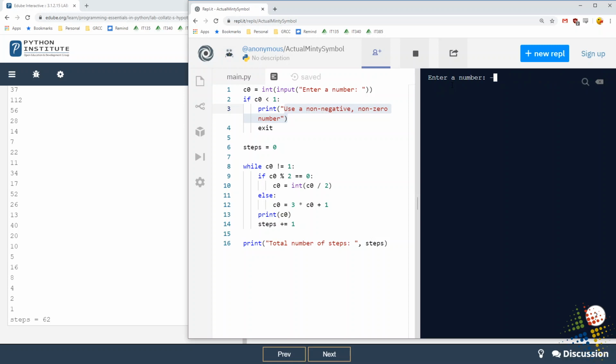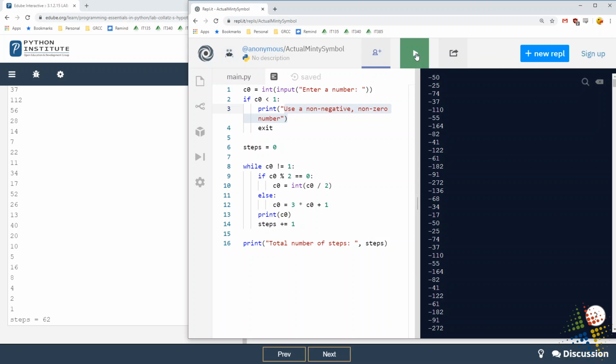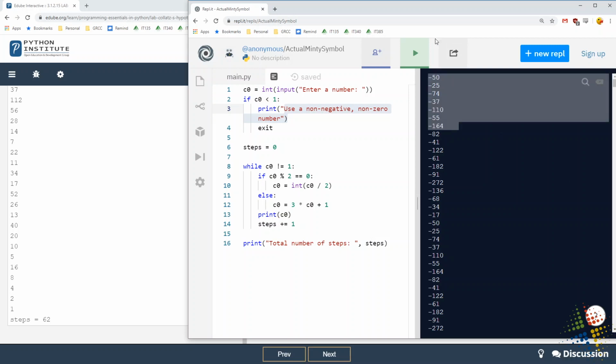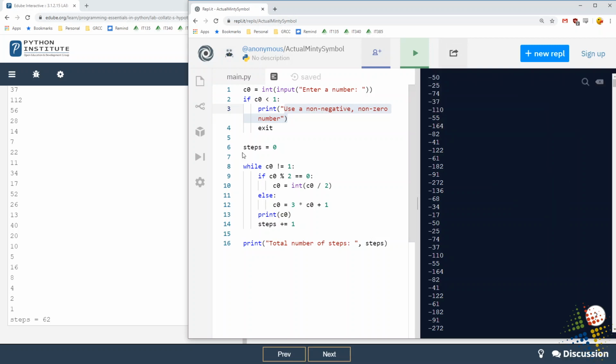So negative 42. I'll run it and then I'll cancel it very quickly. All right, so for some reason it's not scrolling up. I saw the fact that it did actually print out this message right here, but then it didn't seem to exit out properly. So my exit statement isn't quite working.